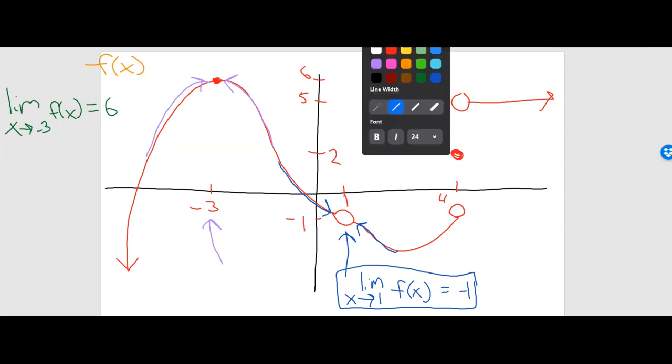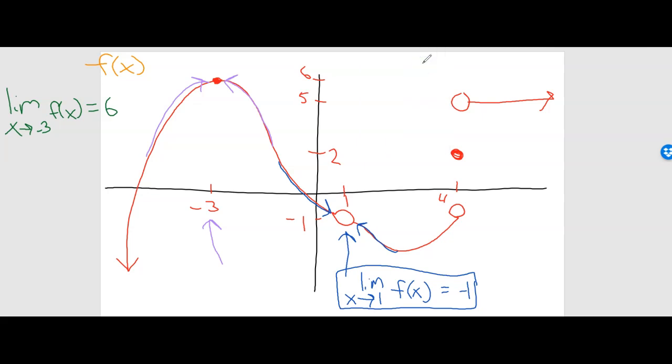Now we have one more. We'll use a light green for this. So the limit as x approaches 4 of f of x. And again, we'll talk about this notation in a second. I'm just exposing you to it now. So let's trace the function from the left-hand side, or what we call the negative side. And right here, it looks like it's approaching -1 from the left-hand side. Now, if we approach from the right-hand side, it's not approaching the same value. It's approaching what looks to be